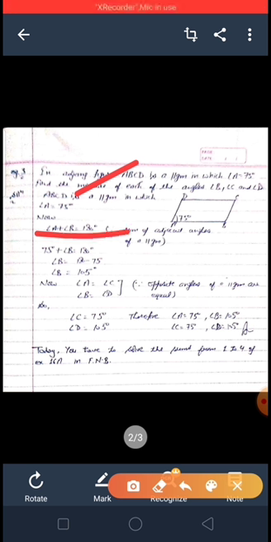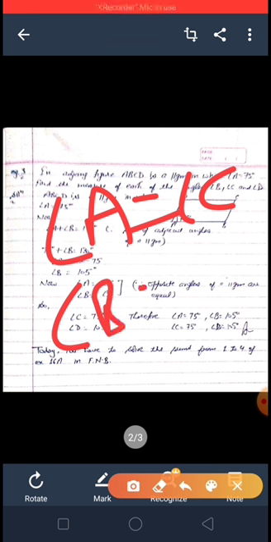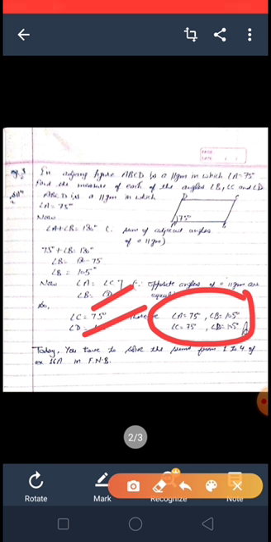Now angle A plus angle B is 180 degrees. Clear? Because AD and BC are parallel and AB is a transversal line. So that is, the sum of adjacent angles of a parallelogram is 180 degrees. You have to write the reason here. Now put the value of angle A, 75, and get the result for angle B. It will become 105 degrees. Now angle A is equal to angle C and angle B is equal to angle D, because opposite angles of a parallelogram are equal. So angle C will become 75 degrees, angle D is 105 degrees. Clear? Now write all the angles: angle A 75, angle B 105 degrees, angle C 75 degrees and angle D is 105 degrees.